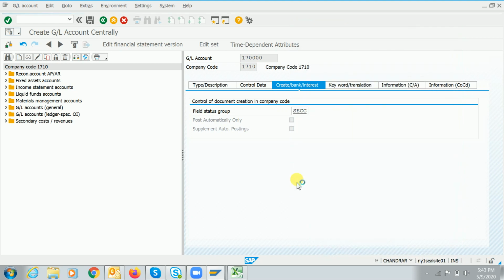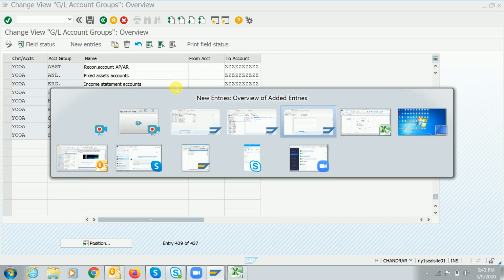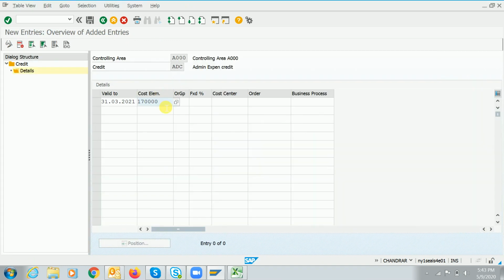I have to select this and save it. I'll tell you why we assign the secondary GL codes in this itself. Here you have to assign the secondary cost elements, and this overhead group you also don't need to worry about right now. I'll tell you the percentage, and the cost center also, to which cost center it has to book.